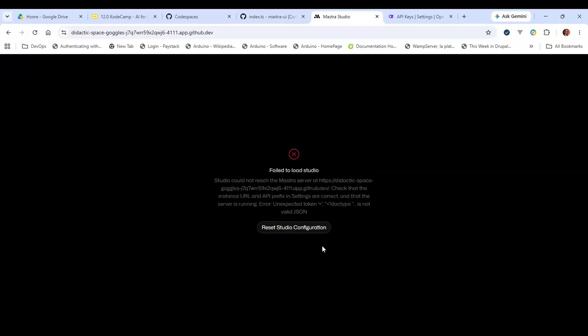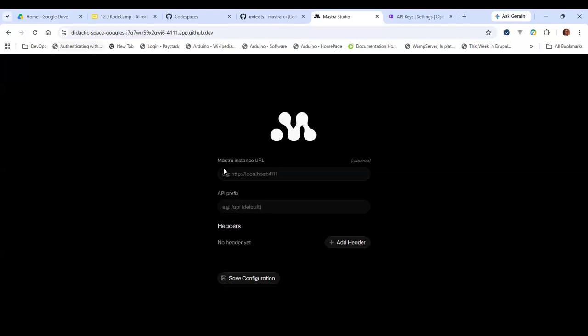If that doesn't work, then I will go with localhost. I'll just go with localhost with the default values. And yeah, HTTP. I think it is doing this because it is not able to access it.